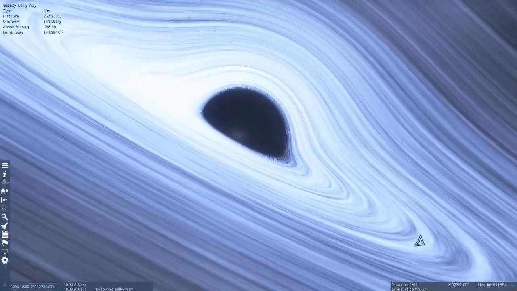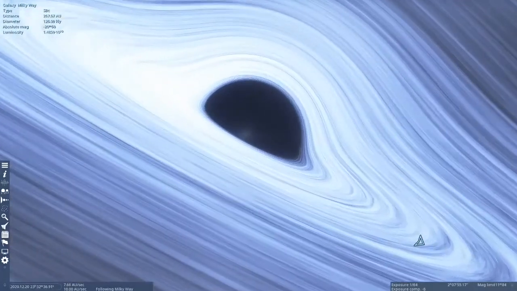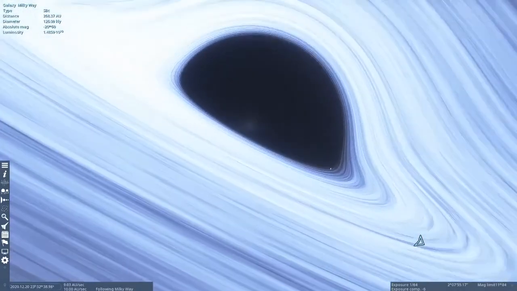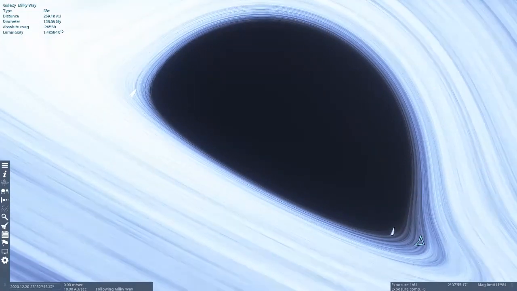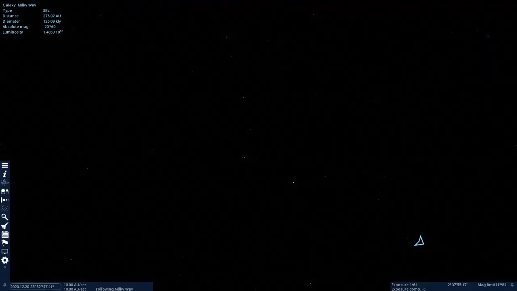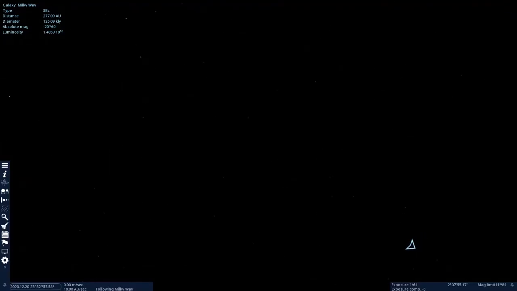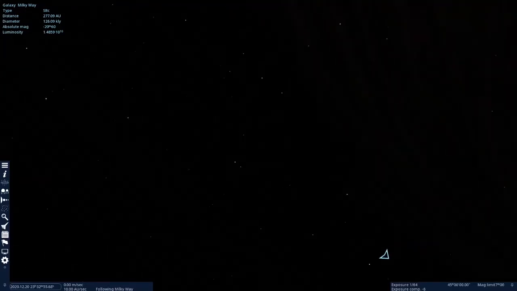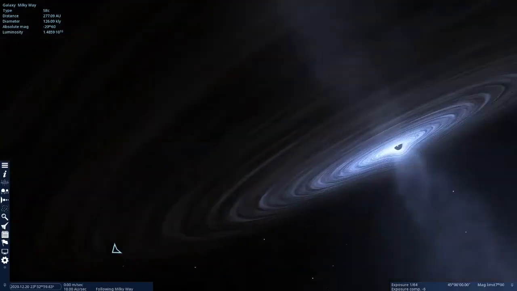It kind of looks similar, except for one thing. There's a reflection off the surface of the black hole right there. That's definitely not right. But you know what you can do? You can go inside. I've discovered this before, and then you can turn around. You know what? I think we're zoomed in here. You can turn around and find your way back out.